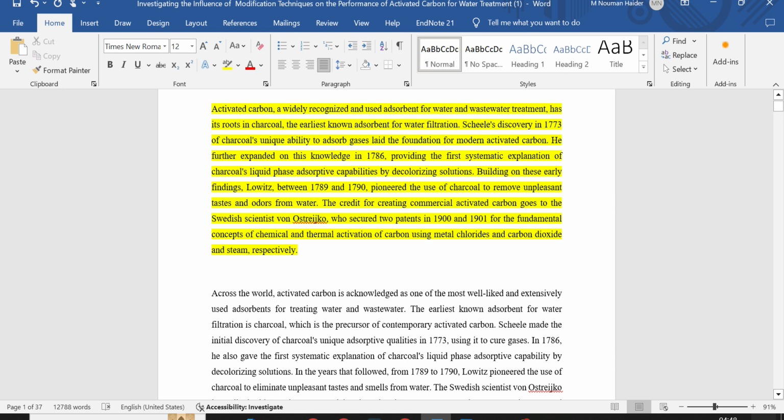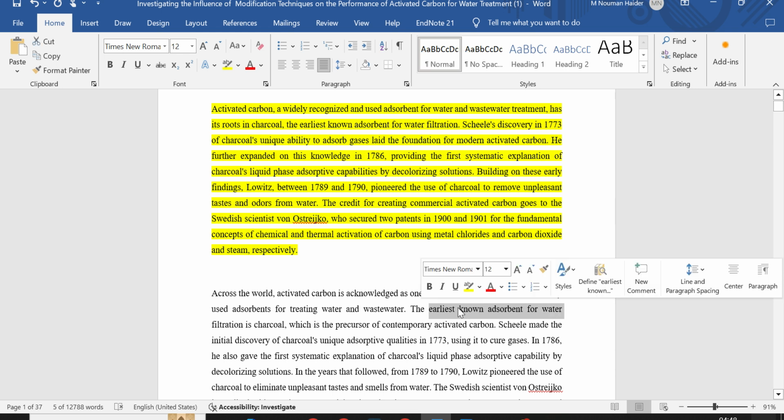Like, for water and wastewater treatment, has its roots in charcoal. It means it has some connection in the initial stage to the charcoal, that is where here we wrote as earliest known adsorbent. Okay, so in this way you can improve the language of your document, and make sure whenever you are writing